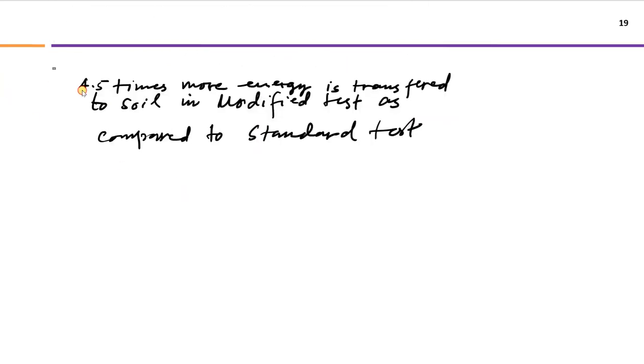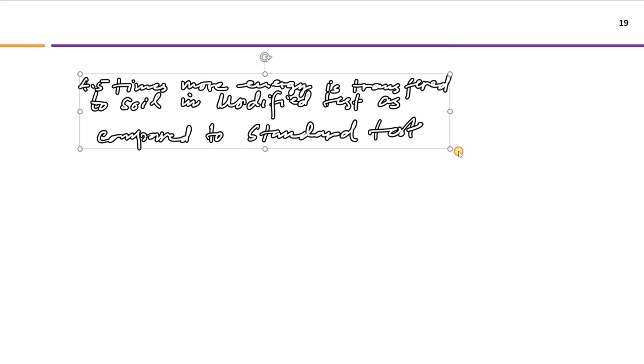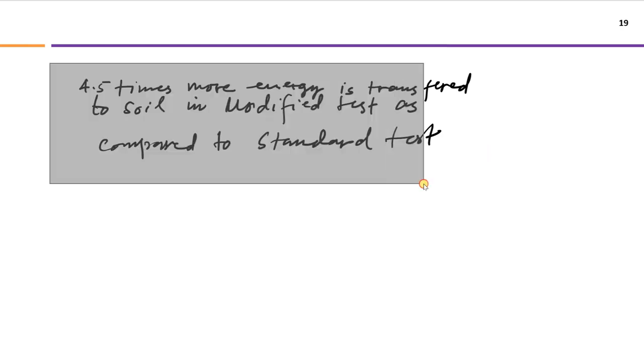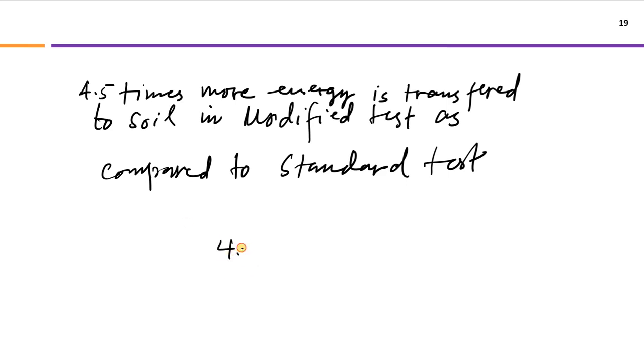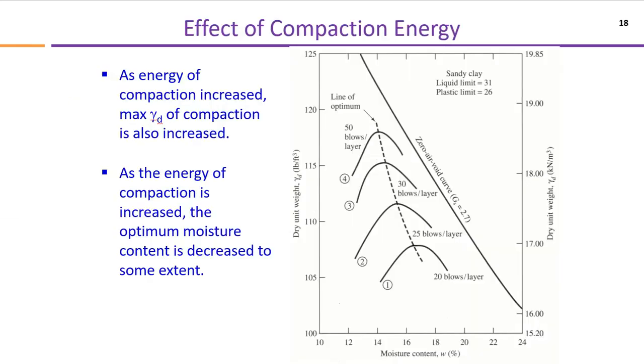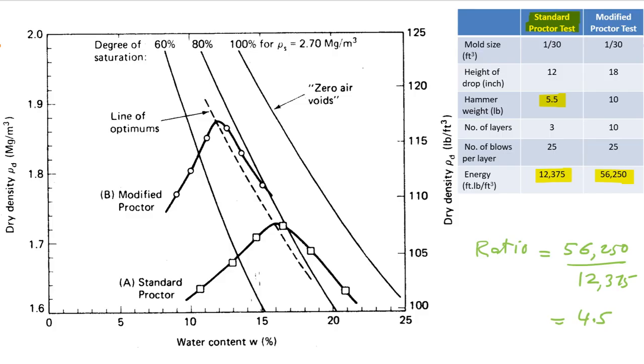So we can say that when we are using the modified test, we are giving 4.5 times more energy. 4.5 times more energy is being transferred to the soil. 4.5 times. This is important. So it means when we are giving 4.5 times more energy, we are going to definitely